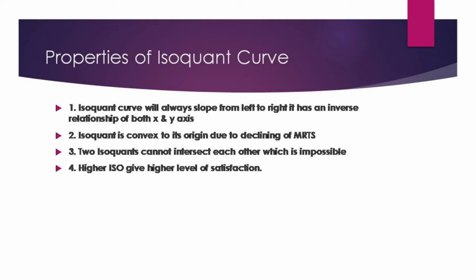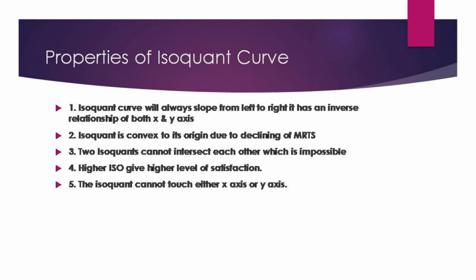Next, the isoquant cannot touch either the x-axis or the y-axis, because only one factor cannot give you 100% production. It is going to be changing. So the isoquant curve cannot touch either axis. Only laborers cannot produce anything, or only land cannot produce anything. Without the help of land, labor cannot do anything, or without the help of labor, the capital cannot do anything.